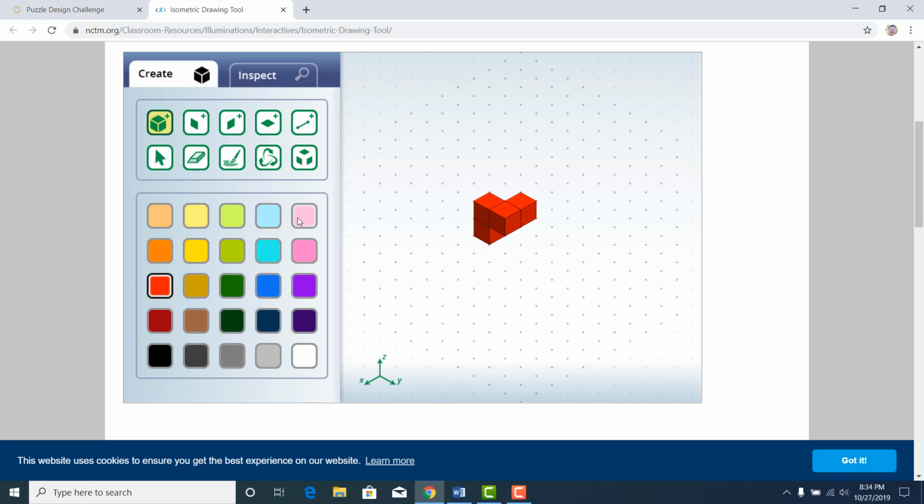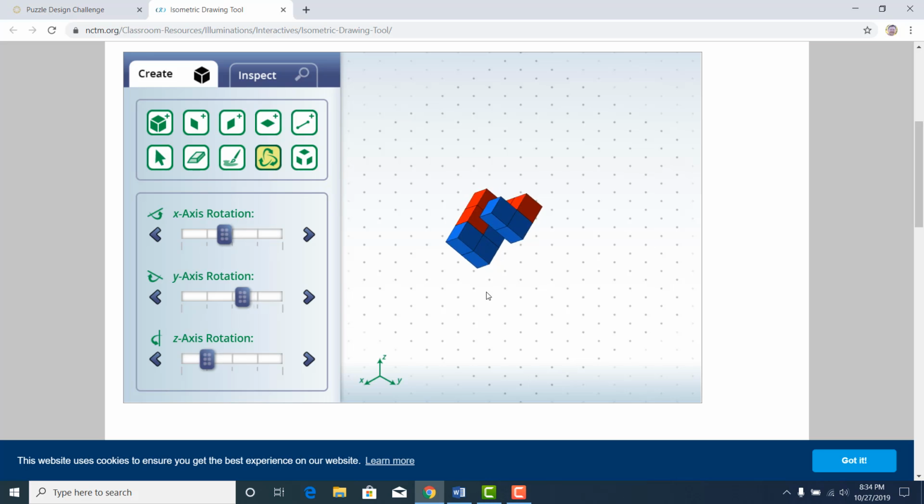I'm going to go back up here to my create block, and I'm going to pick blue. I'm going to drop blue in here, and I'm just going to click away. As I'm doing this, I'm trying to stay within that 3x3x3 area. And if you notice, when I had this oriented like so, it looked like those blue ones were connected together like this. But when I went to rotate, and I suggest you rotate all the time to double check, I can see that they're not connected,